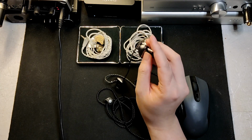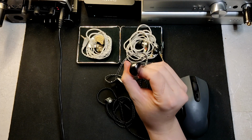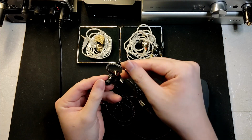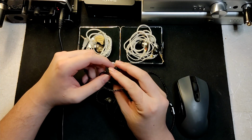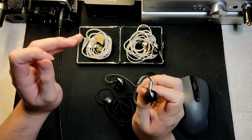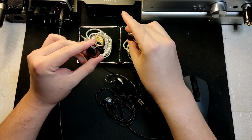Build quality wise and fit and comfort, they are very well built. They are made out of metal. Tin Hi-Fi always performs well in their build quality. Maybe the single outlier is probably the Tin T4, because those are built like garbage. The Tin T2s are actually built very well,